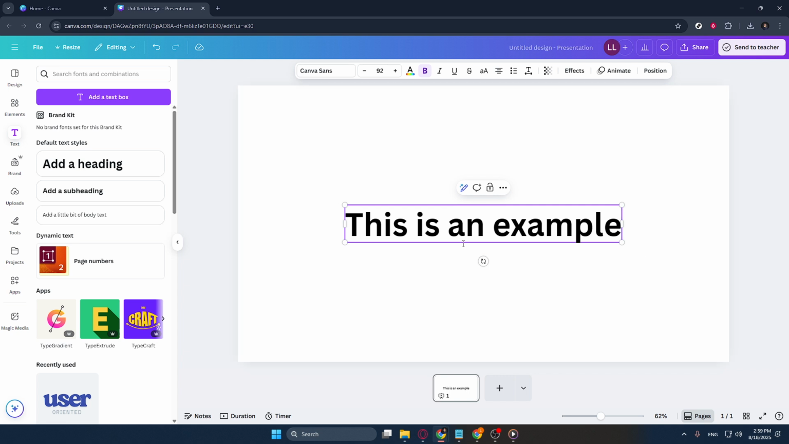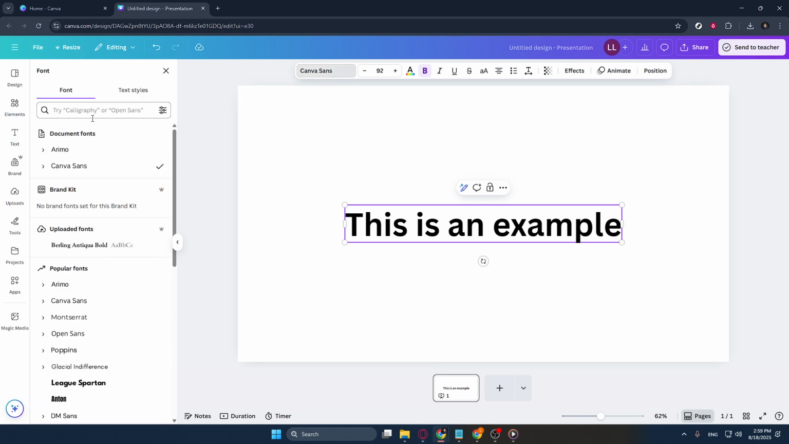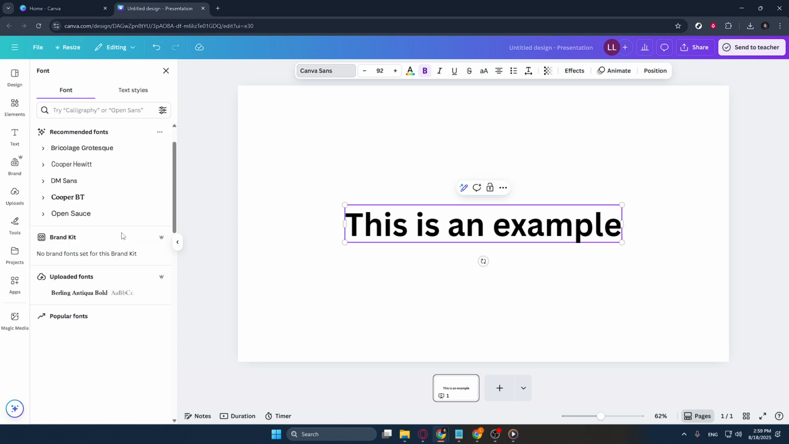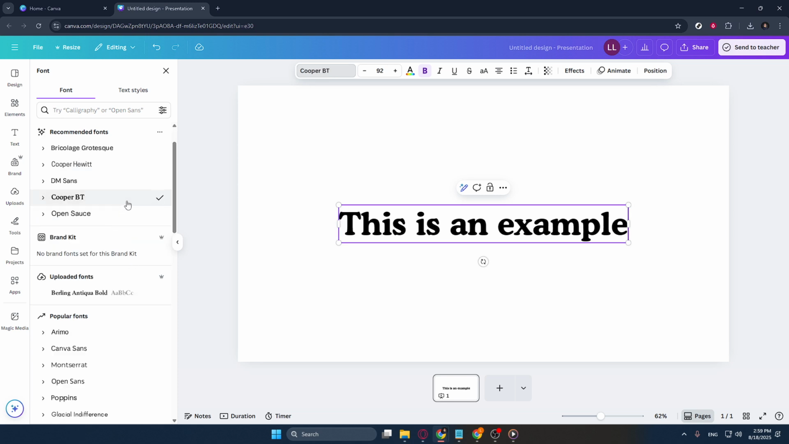To do this, navigate to the left side of your screen where you'll find the option labeled Text. With just a click, you'll be presented a variety of font choices. Now take your time to scroll through and select a font style that really speaks to your design aesthetic or specific project needs. Remember, choosing the right font is crucial as it can drastically change the tone and feel of